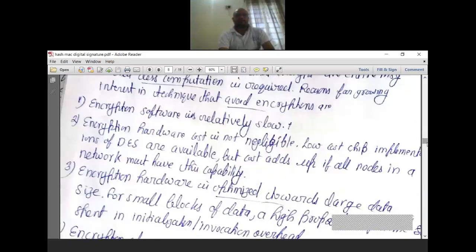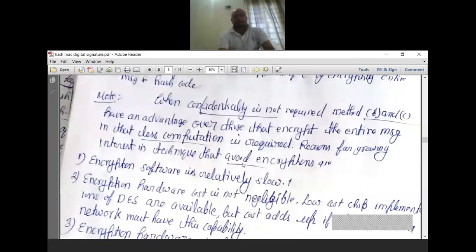So in this case, you can see encryption software is relatively slow. That means what are the reasons why these techniques that avoid encryption are needed.